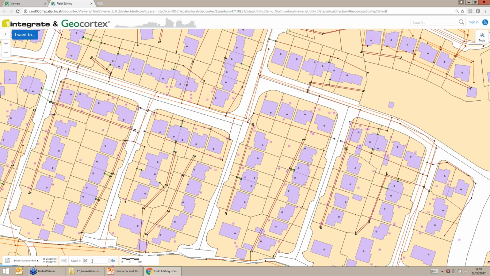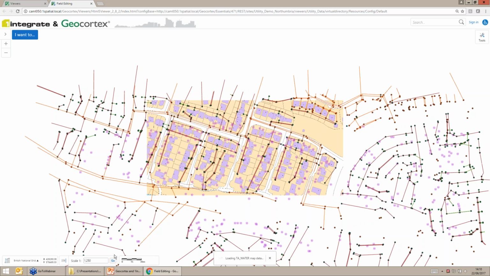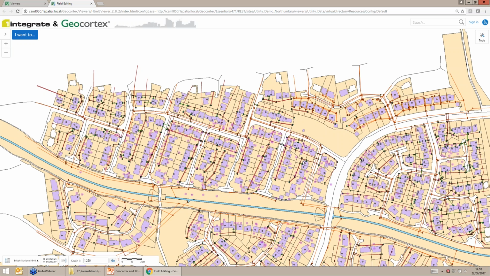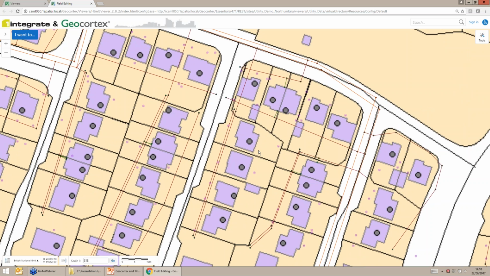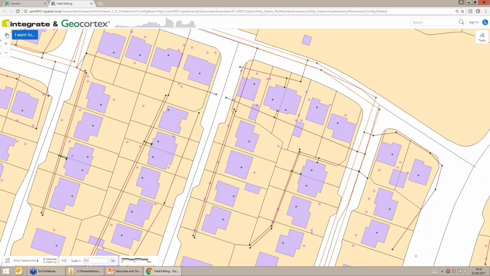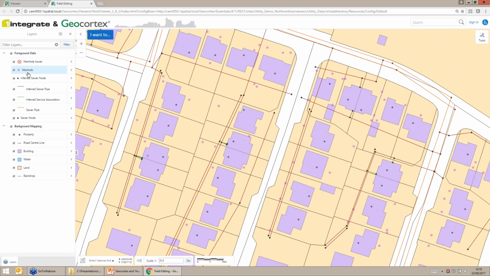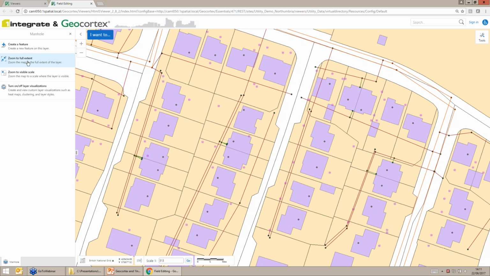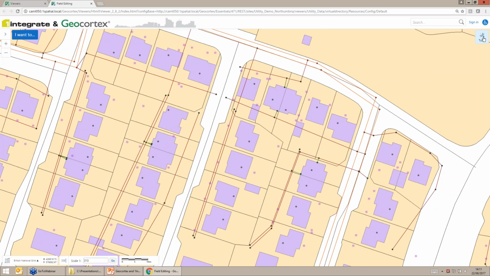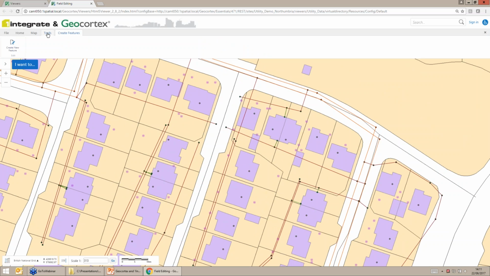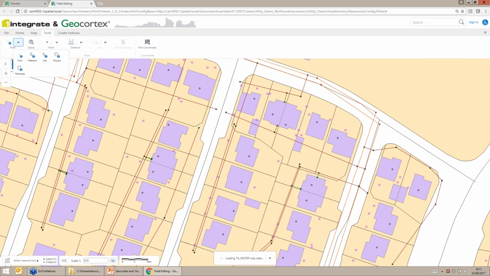I've got scales here. So if I wanted to draw at 1 to 1250 scale, for example, and I hit go, the data zooms out to 1 to 1250 scale. So we can see that we've got some sort of powerful tools out of the box. I've done not a lot of configuration here. We've also got a layers list, so we know what each of the objects are, and if I expand each one, we can do things like create a feature in that layer, turn on and off layer visualizations, and so on and so forth. I can query options, so if I go to my tools here, I can select features